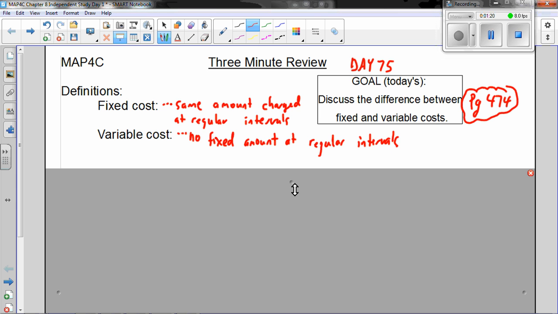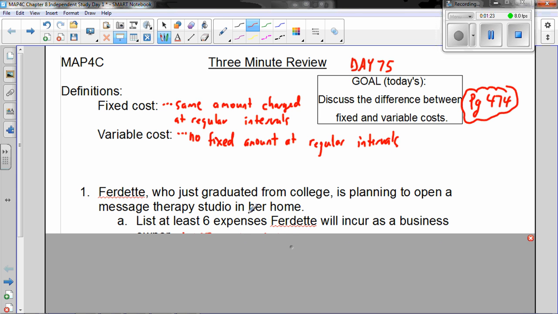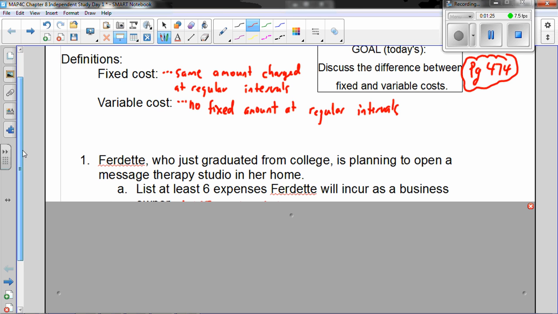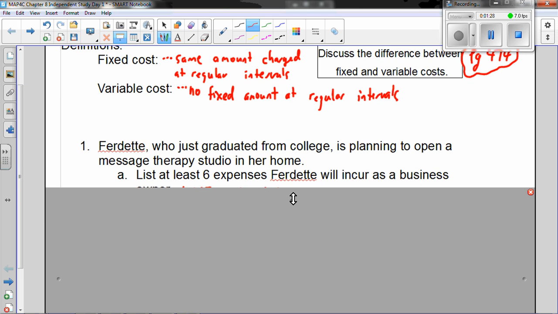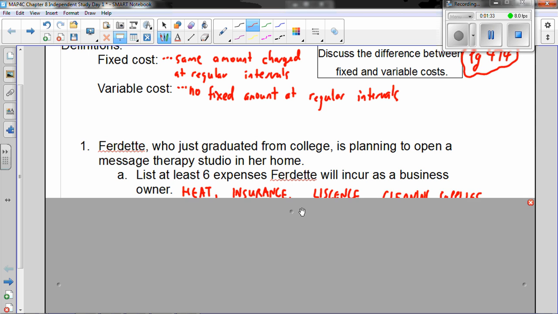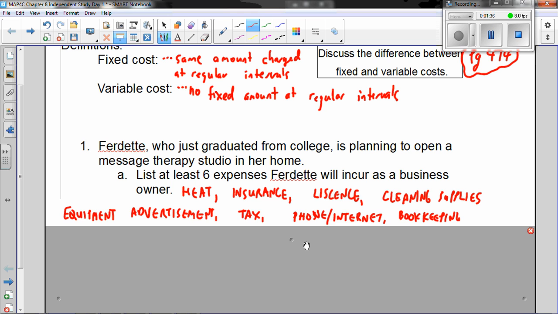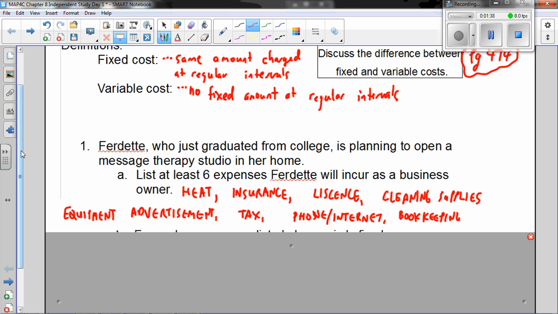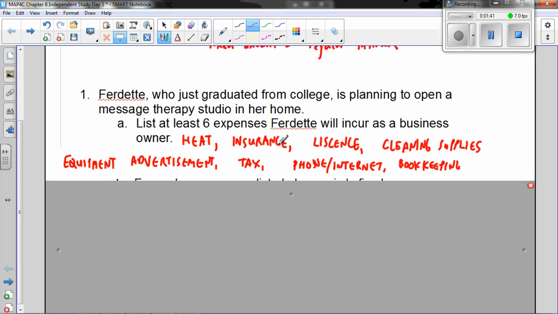So if we had the example for debt, just graduated from college, planning to open a massage therapy studio in her home. We're supposed to list 6 expenses Fredette will incur as a business owner, and I listed a whole bunch there, and hopefully you're able to come up with a bunch too. Heat, insurance, license, cleaning supplies, equipment. By equipment, I mean like you probably have to get a massage table and some, I don't know, maybe a computer. I don't know what massage therapy people would need, but